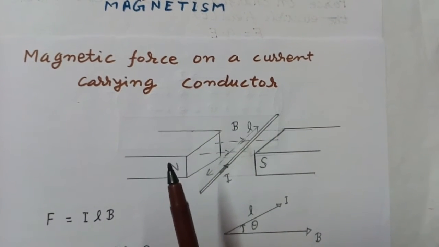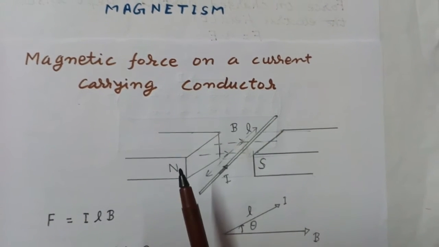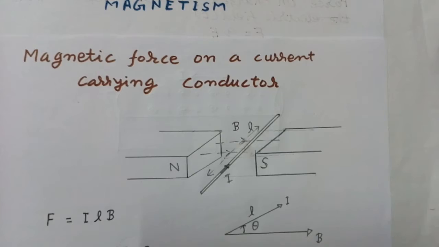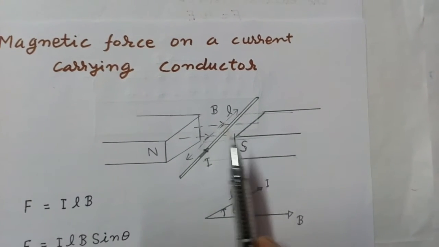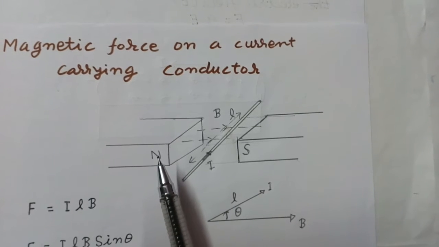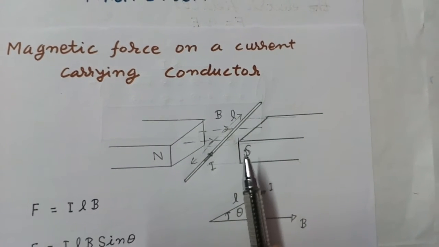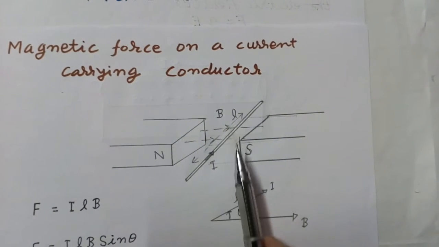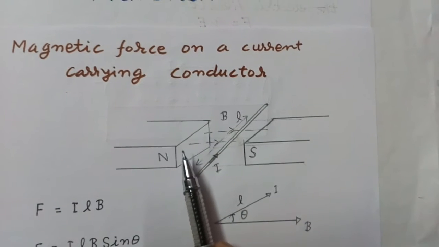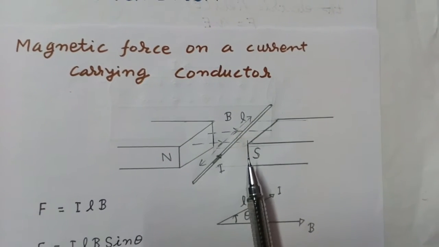Here you may see that these are two small bar magnets. They are kept like this. इन मैग्नेट्स के जो अपोजिट पोल्स हैं, this is north pole of one magnet and this is south pole of other magnet. ये एक दूसरे के सामने ऐसे रखे हैं, इनके बीच कुछ डिस्टेंस है and in this space there is a uniform magnetic field.